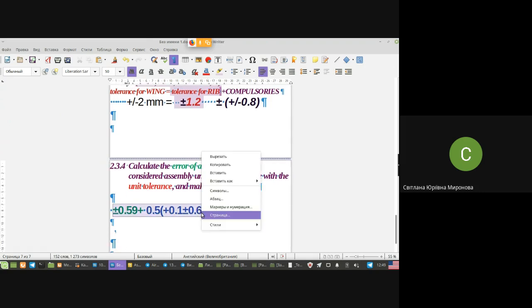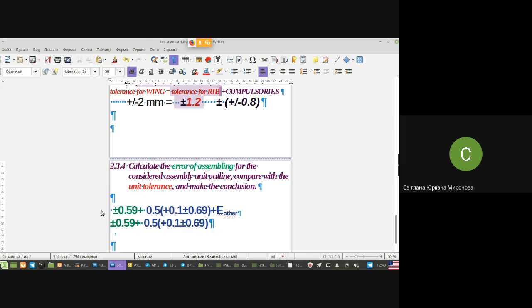Instead of these plus minuses, you will see top line and bottom line. What do I mean? Upper deviations plus, да? Plus what? That one, this blue one, I may write down in another way. What 1/2 of this one, it will be 0 plus 0.5. And 1/2 of this one, it will be,